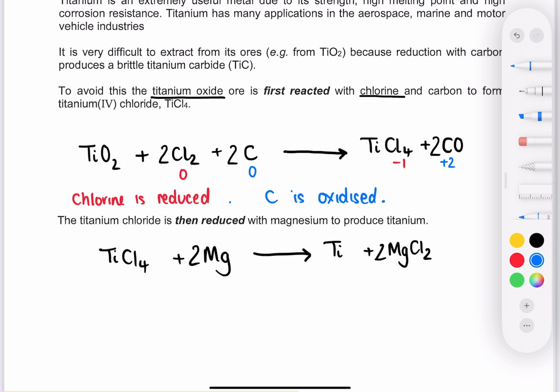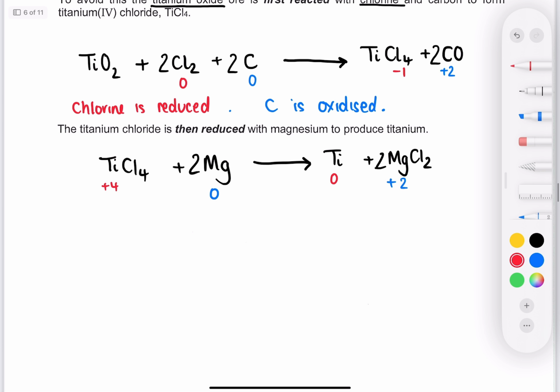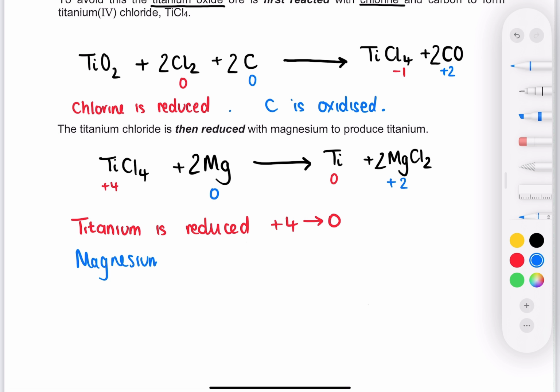If we then have a look at this, we can see that magnesium is oxidized and the titanium is reduced. So titanium is reduced, +4 to 0, and magnesium is oxidized,